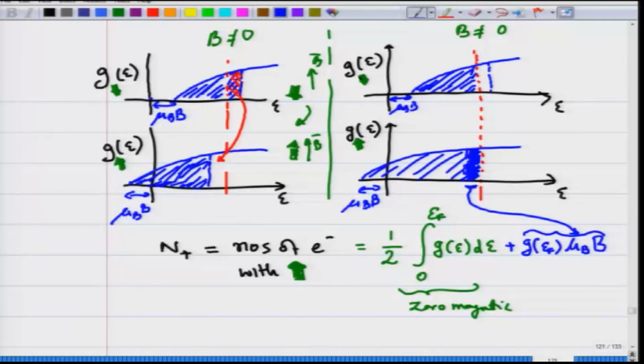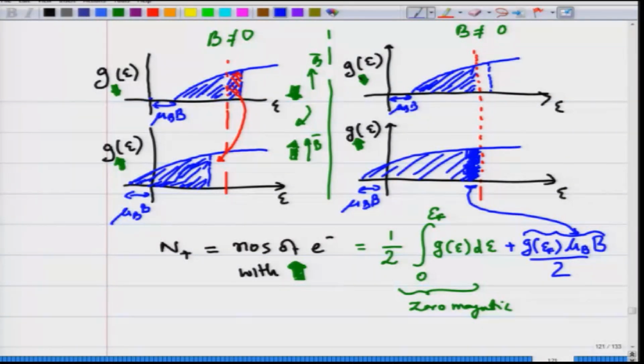I will write this additional term as whatever is the extra. This extra is coming from the density of states. These extra electrons which are excited above the Fermi energy, this is the extra set, which is half the density of states into mu b into b, because half is because spin up and spin down particles are equally distributed. So, density of states into this energy interval divided by 2 will give you this extra set of electrons which are coming and adding out here.